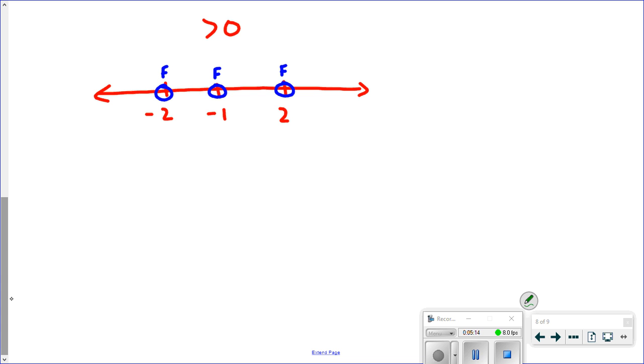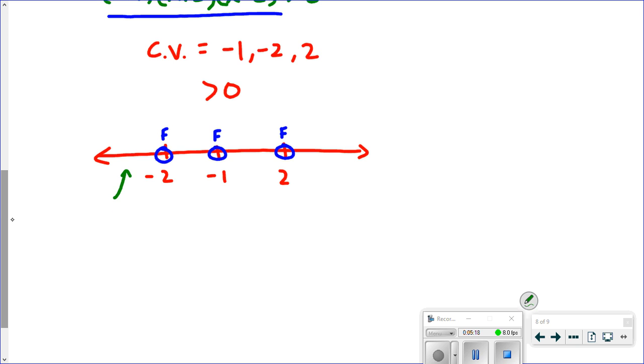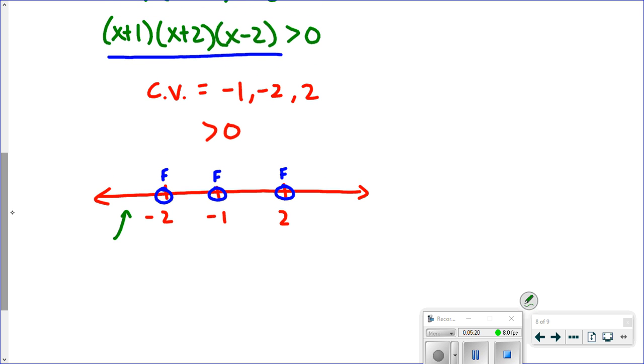Okay, so I'm going to pick a number here that's less than -2. So if I plug a number in that's less than -2, I'm going to plug it in to this factored form. So for example, -3. So you can actually plug in -3 and work this out if you want. Or let's just think about signs, positive and negative. So if I plug in -3,